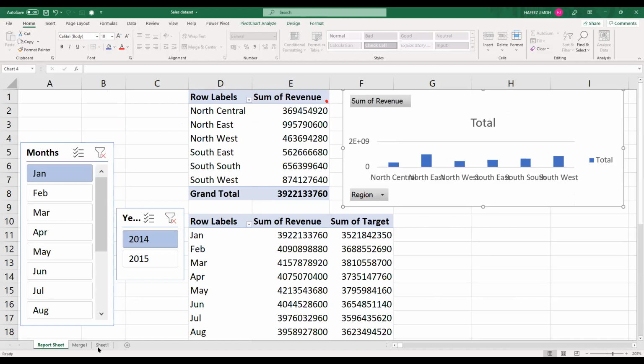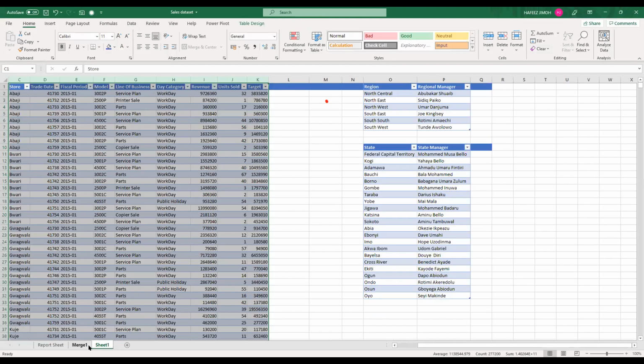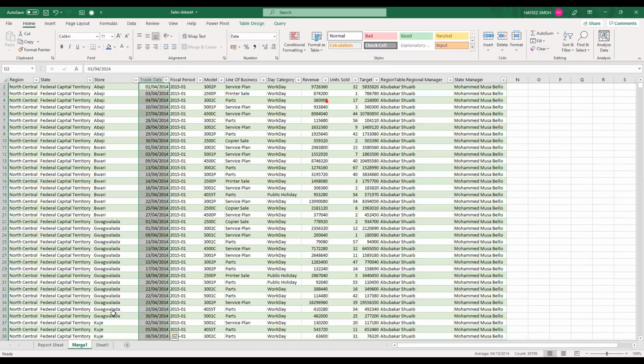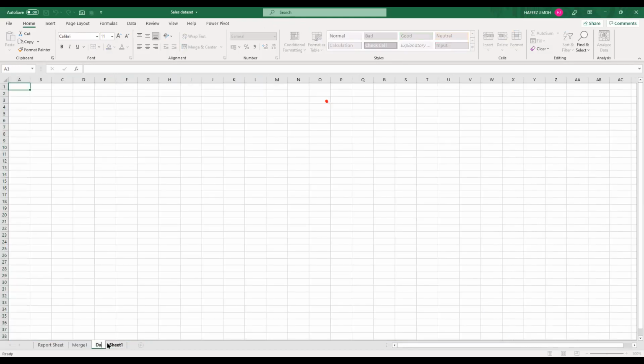One sheet is for your raw data, your original data. Another sheet has your clean data, consolidated data, the data you have manipulated. And when you want to create your charts and dashboard, you have another entirely new sheet for it. So I'm going to create a new sheet and call it